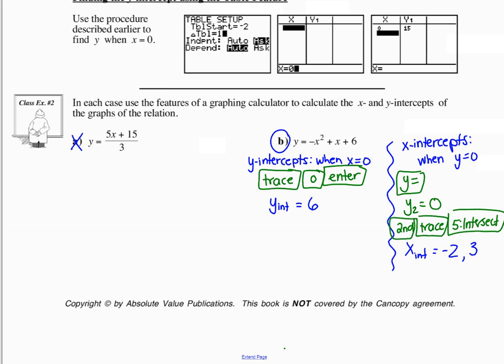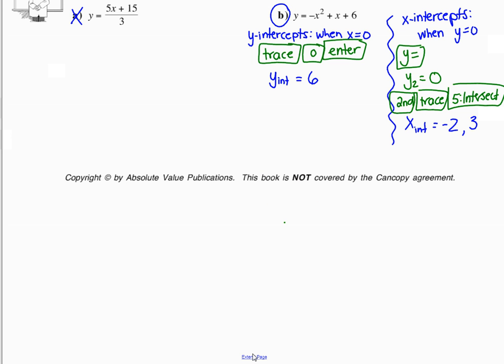That's the first method. There's one more method for finding x-intercepts on your calculator. So this is the one you're used to. Okay, I'm going to show you one more method. And method 2,